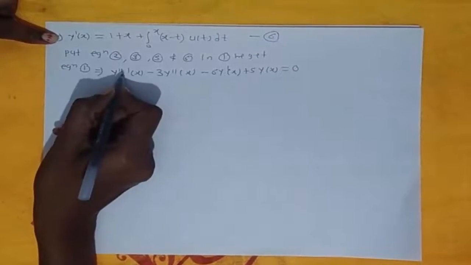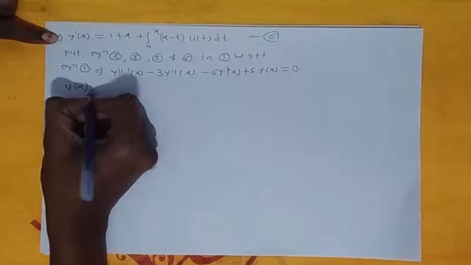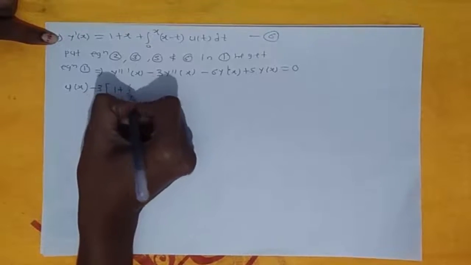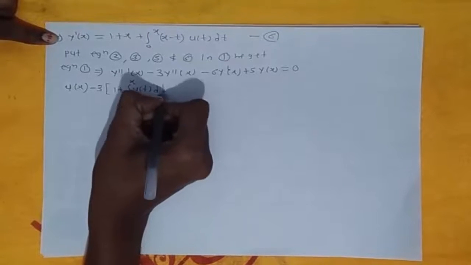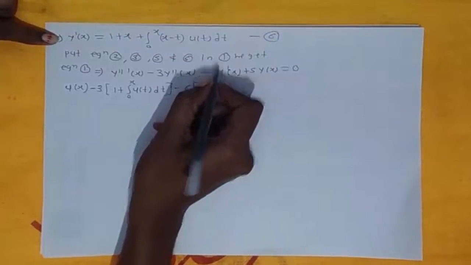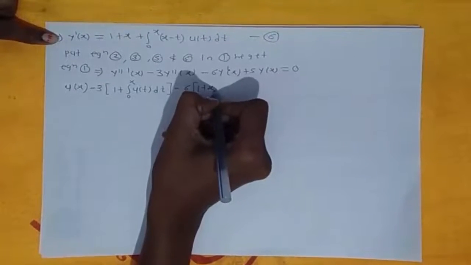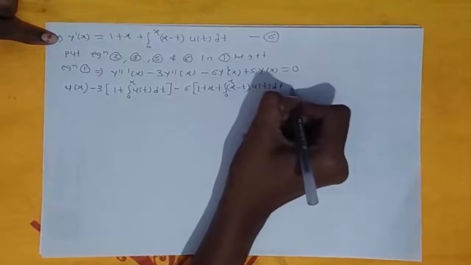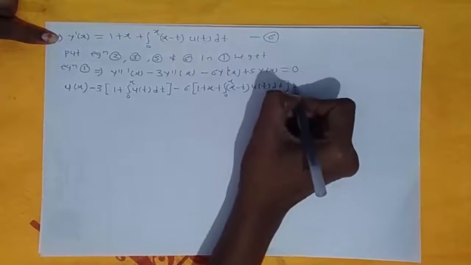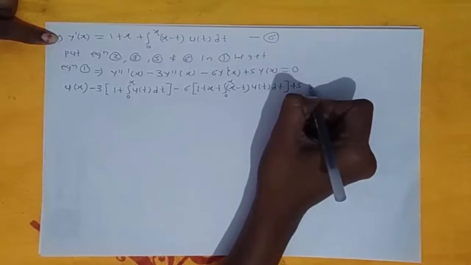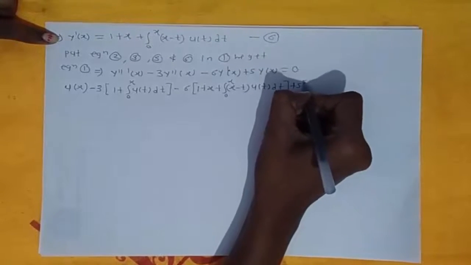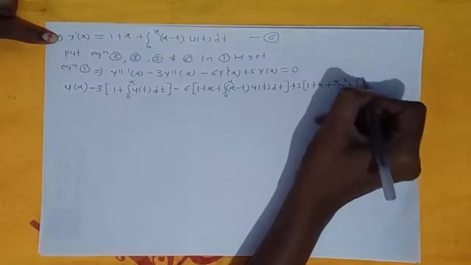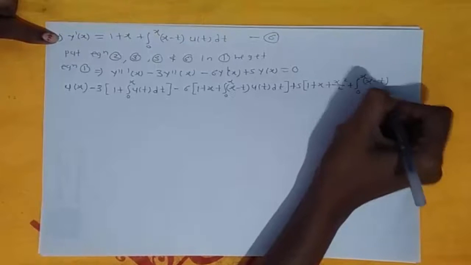Then we put all the values. From equation number 2, y triple dash of x will be u of x minus 3 in bracket, value of y double dash of x from equation number 3 will be 1 plus integration from 0 to x u of t dt, bracket complete, minus 6, value of y dash of x from equation 6 will be 1 plus x plus integration from 0 to x, (x minus t) into u of t dt, bracket complete, plus 5 y of x from equation number 5, bracket 1 plus x square divided by 2 plus integration from 0 to x, (x minus t) bracket square